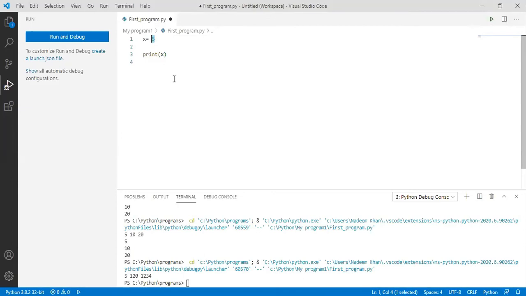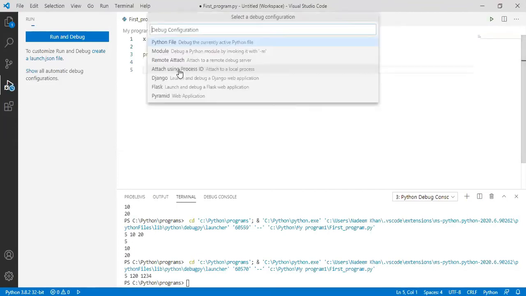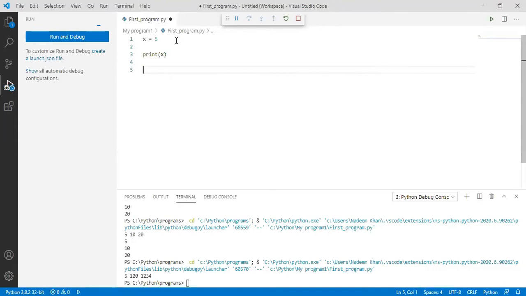Now, x is a variable. A variable can be an integer, a float, or a string. I'm talking about what x has. X has 5, and what is 5? It's an integer. So x holds an integer, right? So let's see what the output will be, and I will show you the type, what type of variable it is.